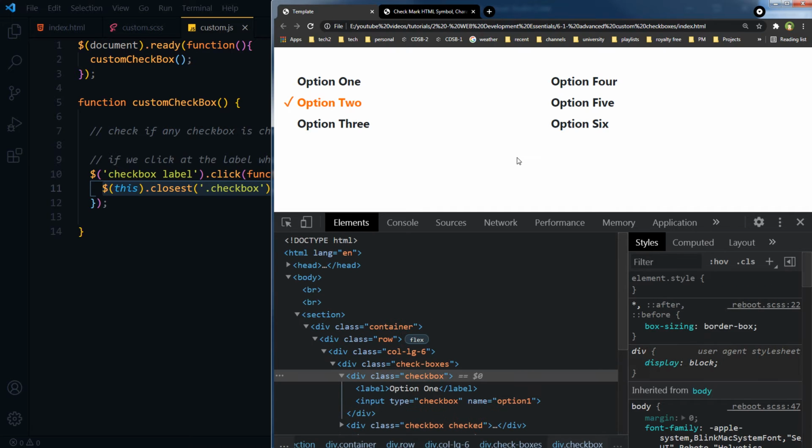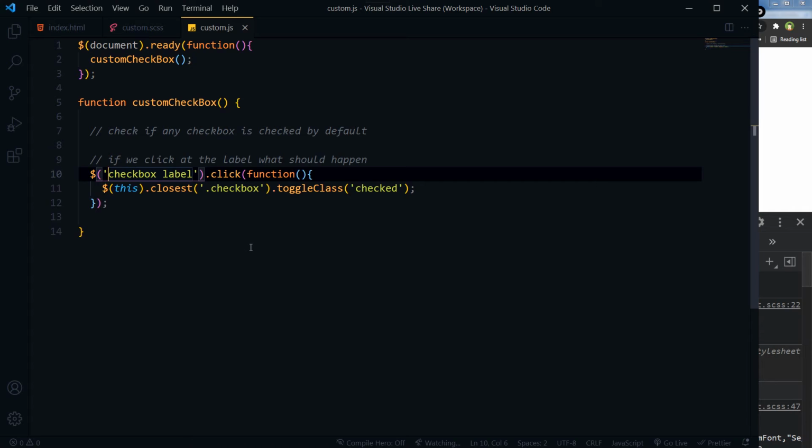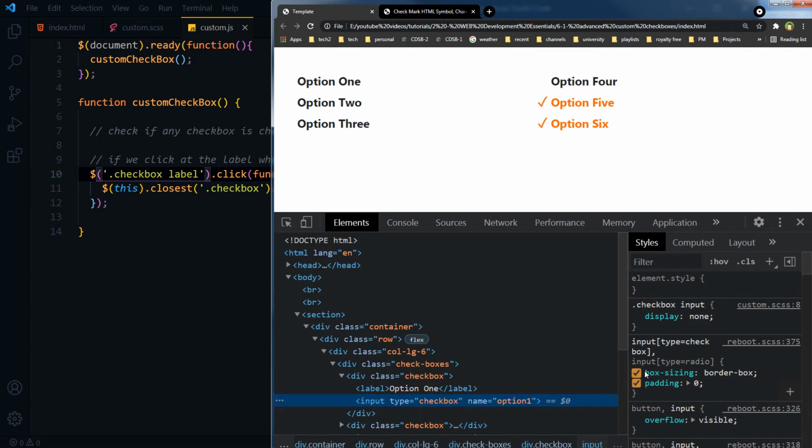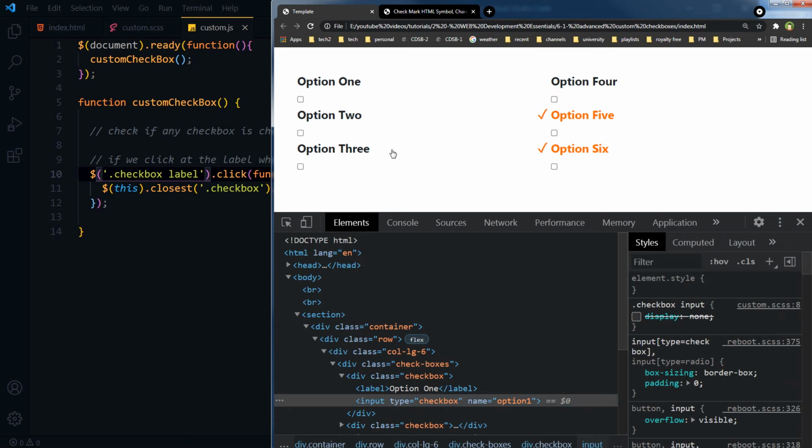Refresh. Now class checked has been toggled and CSS will take care of displaying a check mark if checked class is